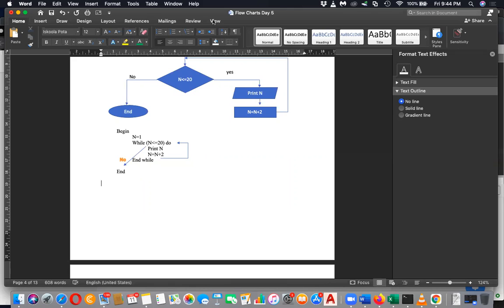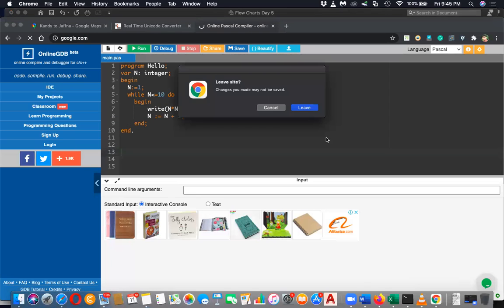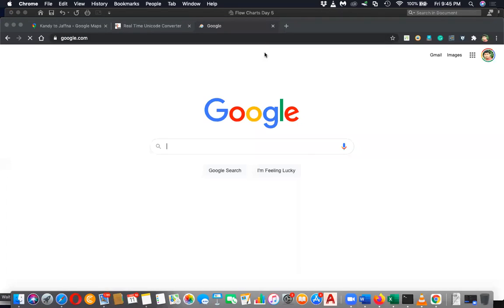Use the same link and join back. So let me show how to write the code. Please go to Google and in Google search online